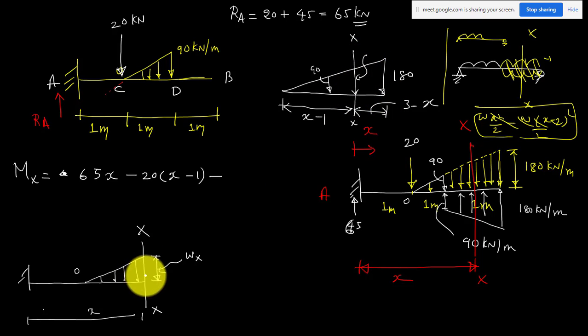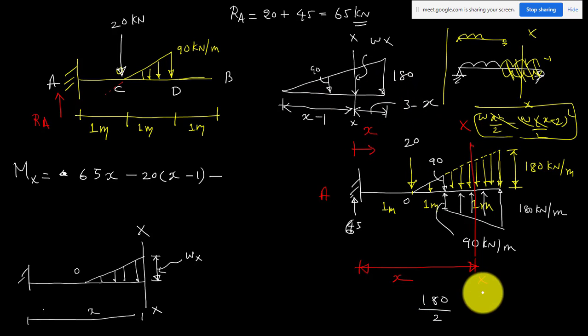This is Wx as per this. So this one you have to find from the similar triangle. I think you can find that, but the procedure is simple. You have to find the intensity of the load. You use the similar triangle concept. So that is 180 divided by this length. What is this total length? 2 meter. x minus 1 plus 3 minus x, or simply 2 meter. You know already it is 2 meter. So 180 by 2.